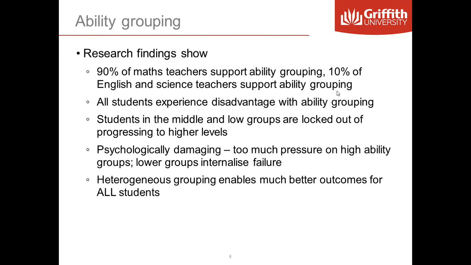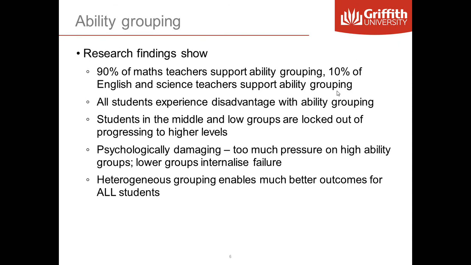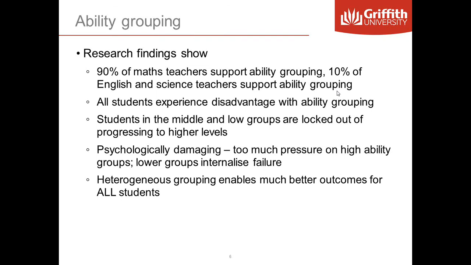It's actually psychologically damaging as well. What we do know, particularly from Jo Boaler's work, particularly in the UK and the USA, is that students in the high ability groups are often under so much pressure to achieve, and the amount of work that they have to do puts a lot of pressure on them. In the lower groups, what often happens is the students know they're in the lower groups, they're offered an impoverished curriculum, and they learn that they're failures in mathematics. They learn that they can't do mathematics. So they've already disengaged with mathematics. So in terms of ability grouping, that's the corpus of research in a nutshell. There's a lot more to it than that,